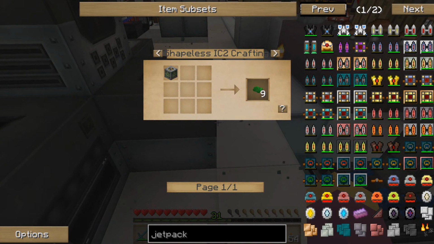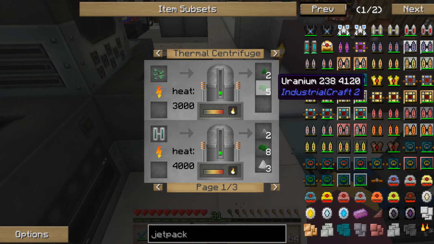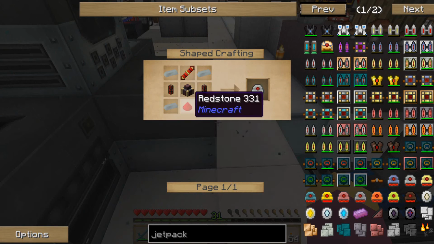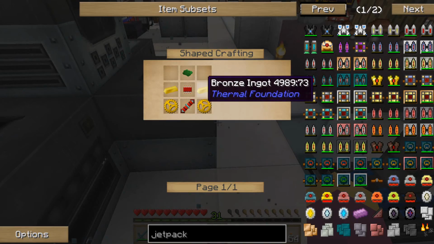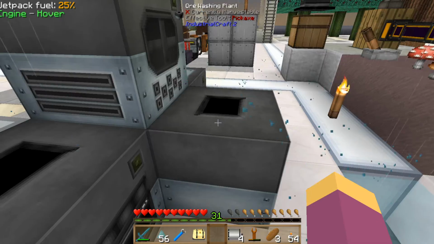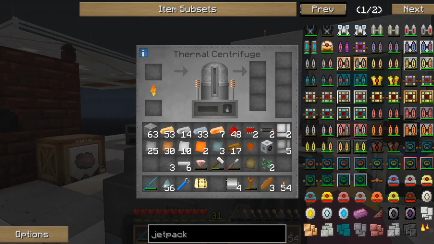Yeah, so we need 9. Oh no, that's just for that. We only need 1 piece for that, and each piece of this is going to give us 5 pieces of uranium. So actually, this is not so bad, and we need 1 bit for either side of the reactant dynamo. Yeah, that's no problem at all actually. So let's just grab out our other piece of that. So we've got 2 pieces of that in total, and now if we go back to the thermal centrifuge and